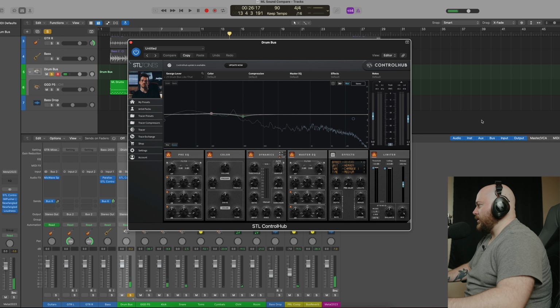Yeah, that is definitely my favorite preset. The color is really doing it, the dynamics, the master EQ doesn't look like it's doing a ton, but it all comes together. And then we're just trimming the output here a little bit to make it fit in the mix,